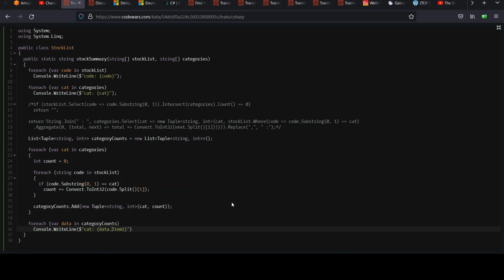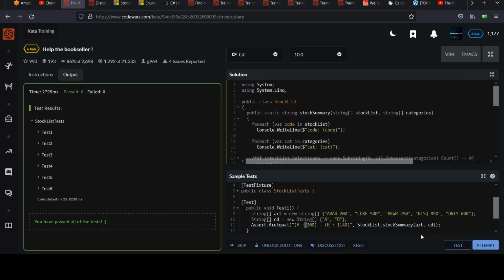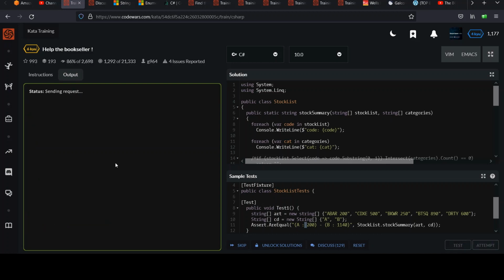It's the category, right? And the count, data Item2. That's how you access those tuples. I'll just report a dummy value in there just so we can run. Let me show you. This looks like